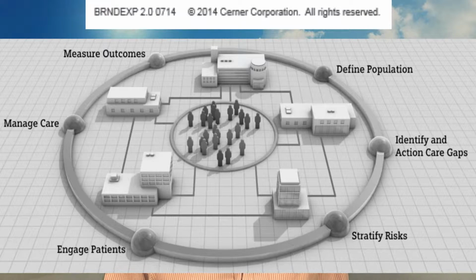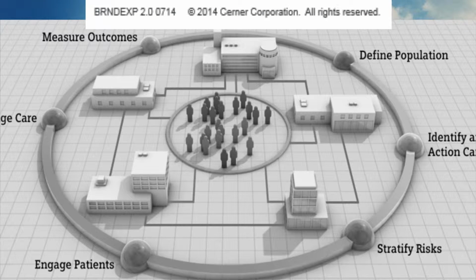This slide shows an example of how population health works. And so the first thing you have to do is use your electronic health record to define the population. And this is the idea of finding all of your diabetics, for example. And then the next thing you want to do is